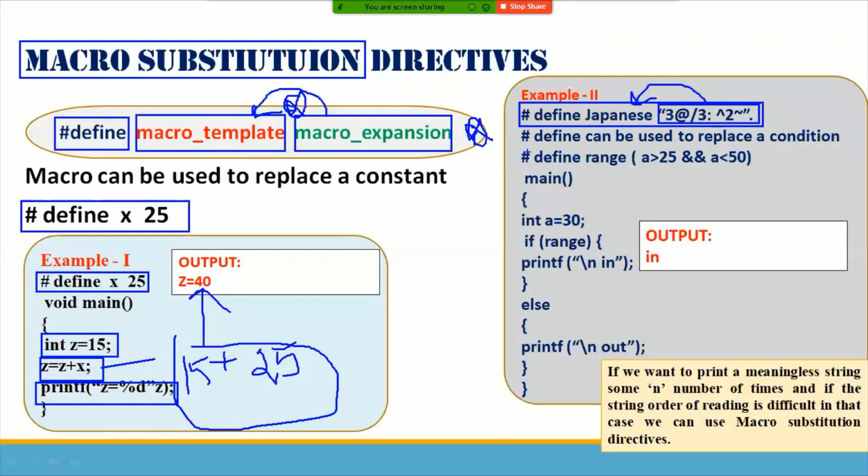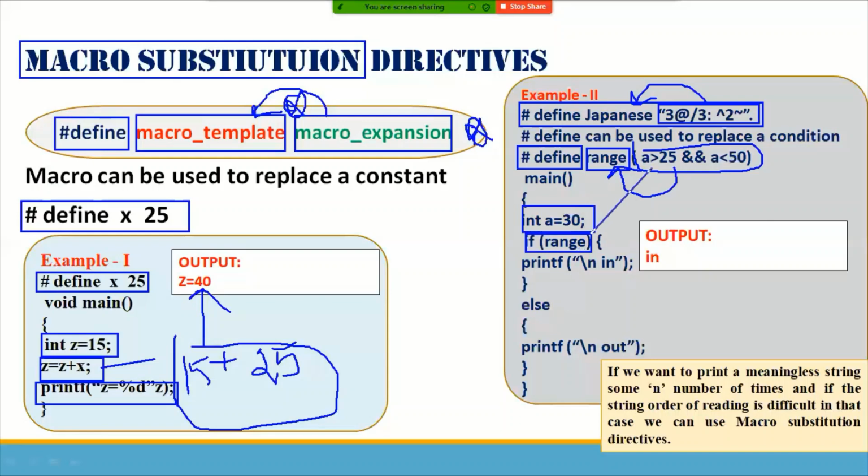Like this is a macro and it is a symbol, and that symbol is actually a less than 25 and logical and a greater than 25 and a less than 50. This condition is given to the range symbol. In the program, a local variable is initialized with 30, and I am checking the condition: if range. What is range?